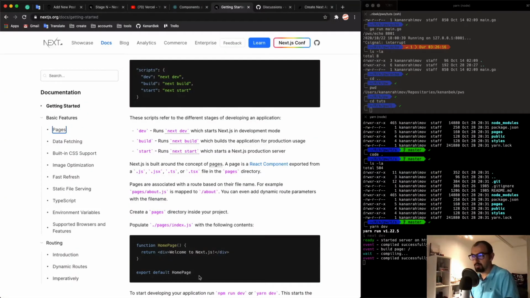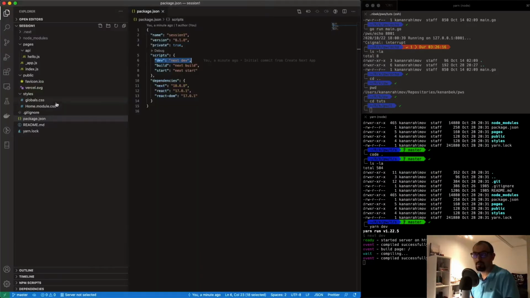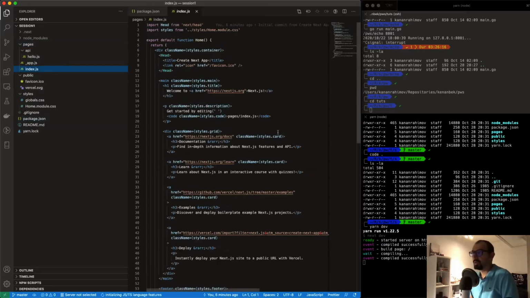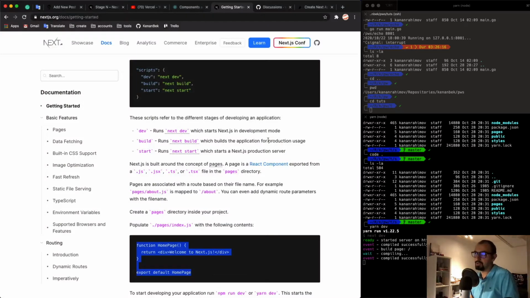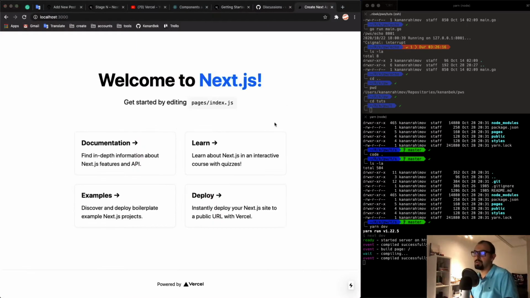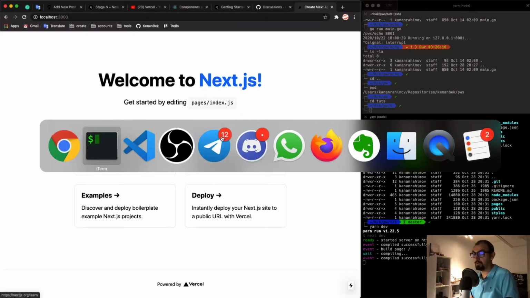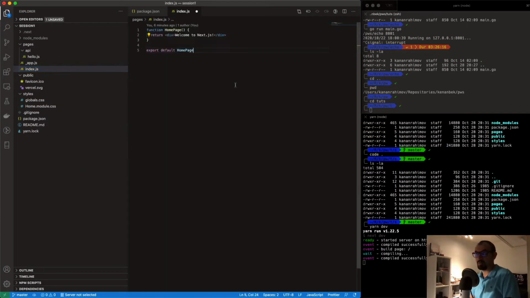So maybe I can take also this. Yes, index.js file. Okay, so we already have it. Of course, we just populated it. This is our index.js. I will just override it. I want to stick to the documentation. So let's remove everything, add this,